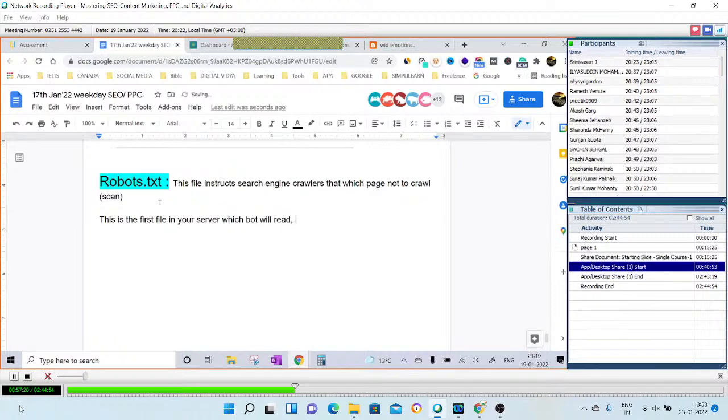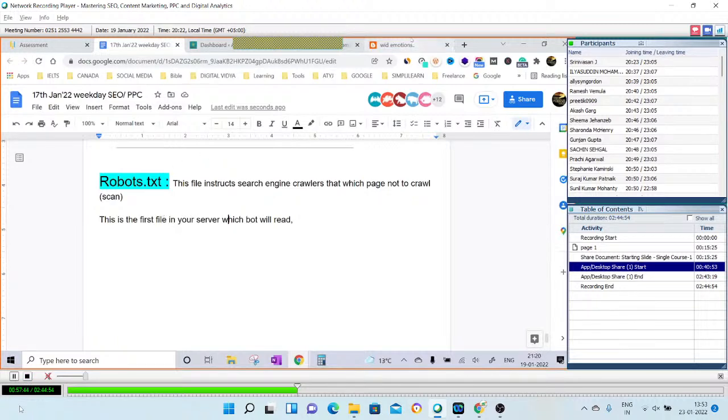Before going to any page, before doing anything on your site, when the crawler is working, it first of all searches for robots.txt. Then it tells the crawler which part to crawl and which part not to crawl, specifically the pages. So we can specify which pages are not to be crawled.